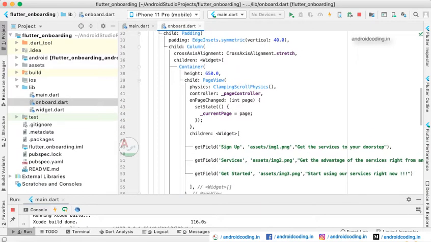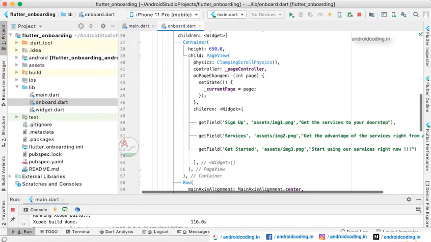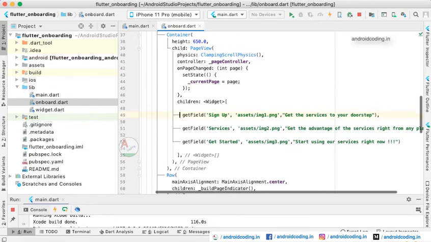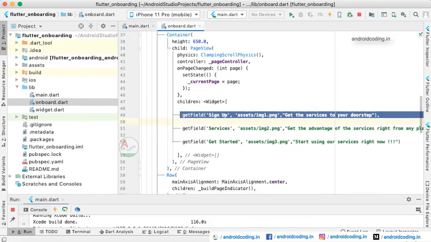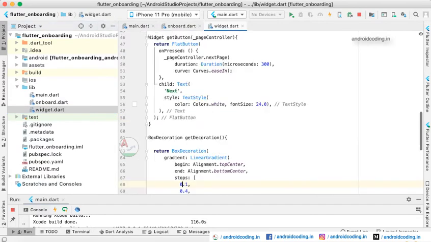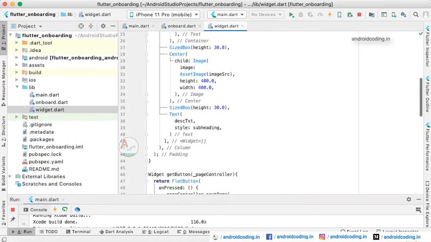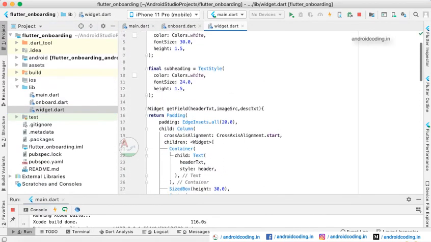I also request you to visit my previous tutorial on login form design. Basically, here you can see we have added the fields in this particular way. We have separated the widgets so that we can make them reusable in different screens.